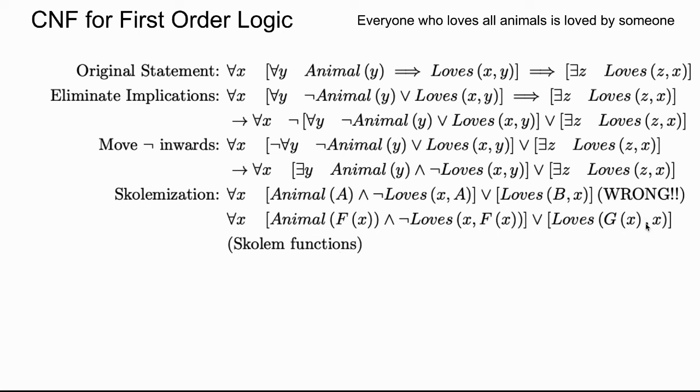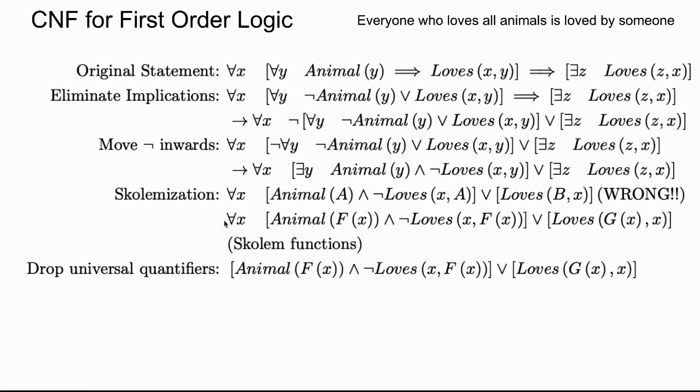So what loves x is different for each x. Okay, and now finally we need to drop the universal quantifiers because they are not really required. So you finally have animal f of x and not of loves x comma f of x or loves g